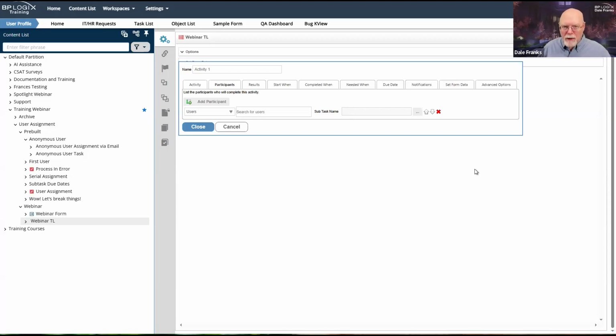So that's going to accomplish two things. It's going to replace the user in all future task assignments by doing a global replace in all of the process timeline definitions. And then it is going to replace them in all of the currently running activities where they are currently assigned a task, and it's going to replace them with the user whom you've selected to replace them with. Those are the only things that are going to change.